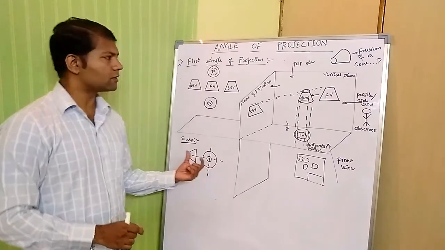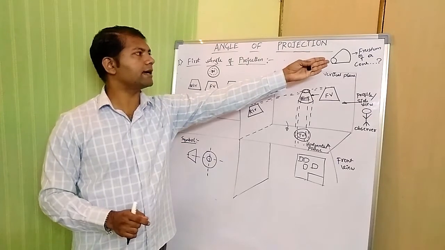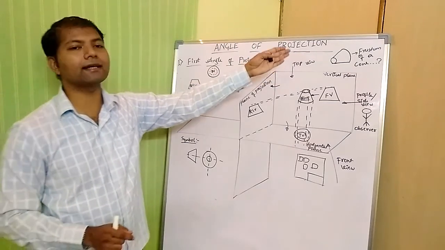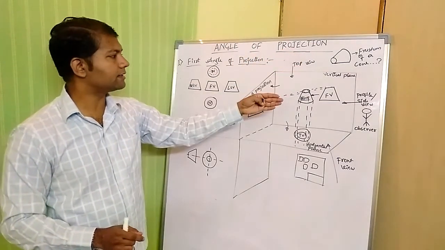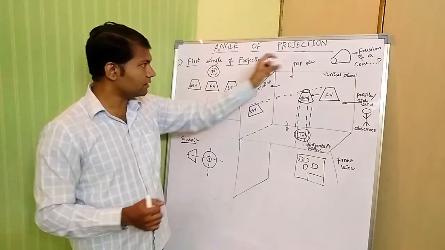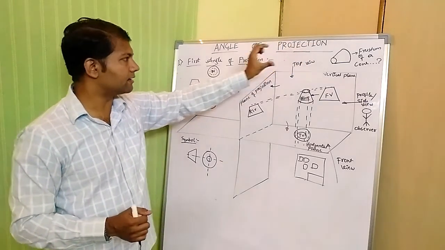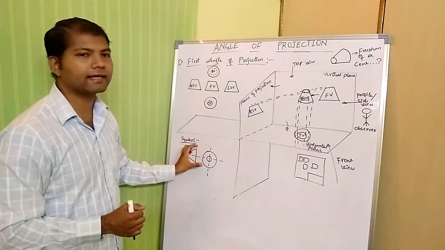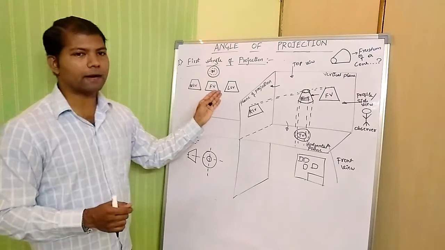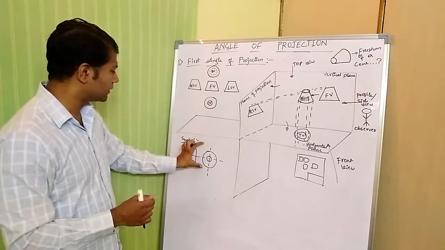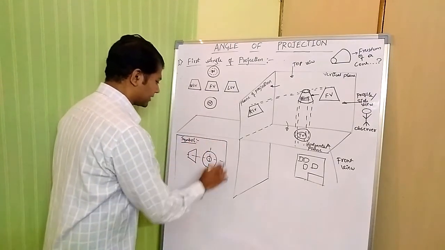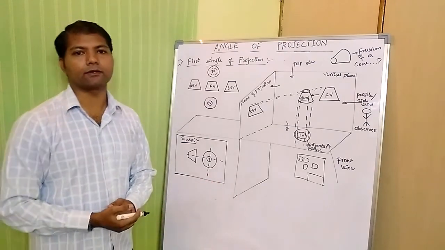something like this. So I have taken the first angle only, which is why the engineer has taken the example of a frustum of a cone. The frustum of a cone is time saving, and the object is placed exactly parallel to the planes. Also here the cone represents a conical form, so we can take the same cone. When you unfold the planes, the object will appear with respect to the planes, and only those views we can take. So this is how the first angle of projection demonstration can be carried out.